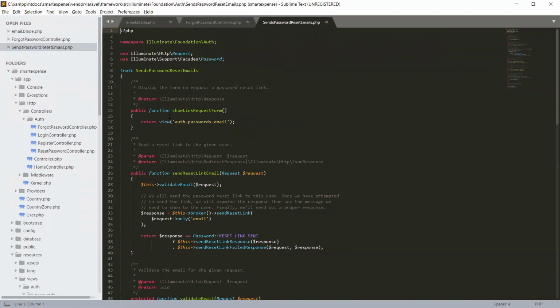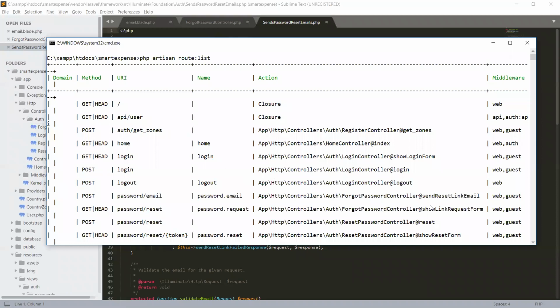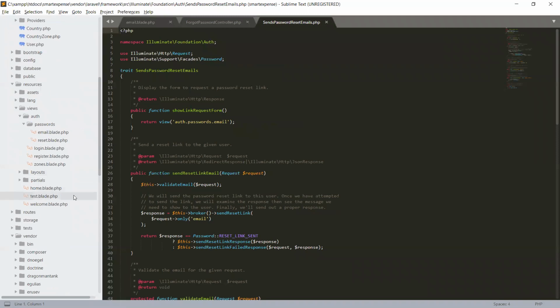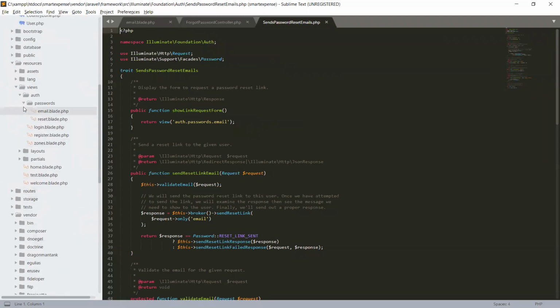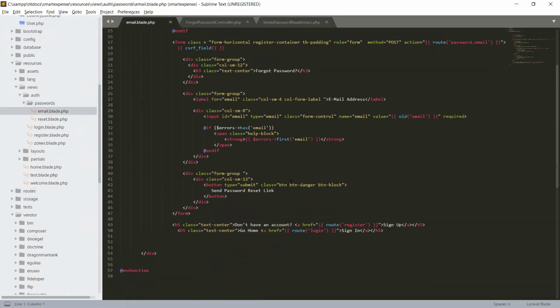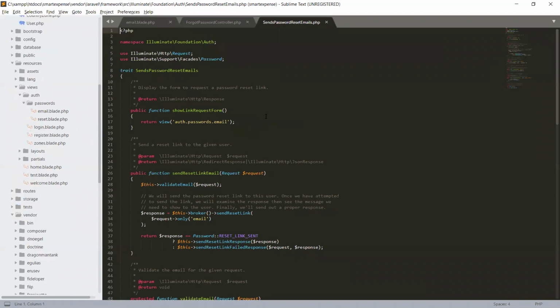In a public function showLinkRequestForm, middleware web and guest, we return the auth password email view. Here in our views we have auth password email.blade.php, which is the file that we are accessing.